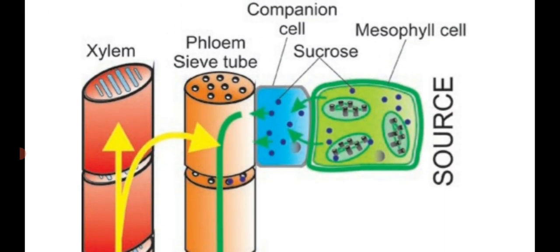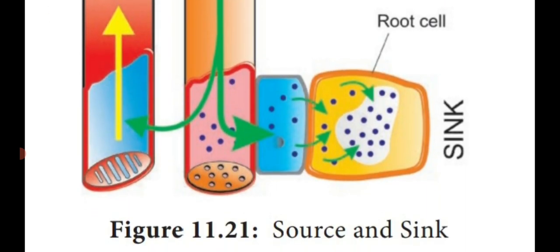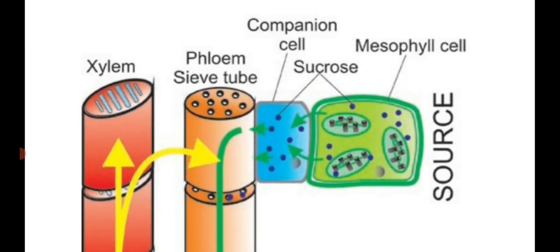Dear students, see the diagram. It is giving the explanation of source and sink. The first one is the source, the leafy region, which contains the green color pigment known as chlorophyll, which is produced in the chloroplast. The chloroplasts are the green color pigment present in the leafy region,